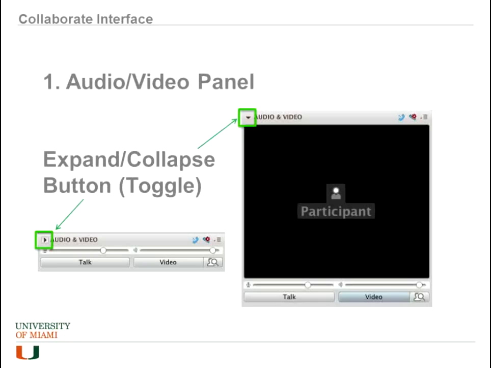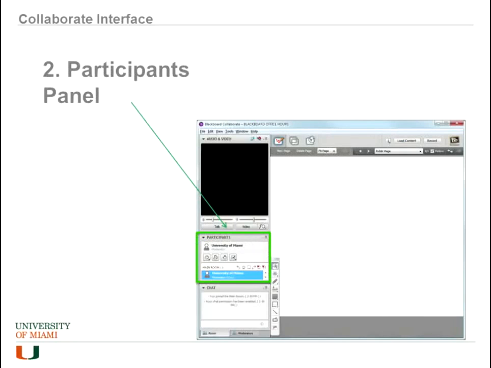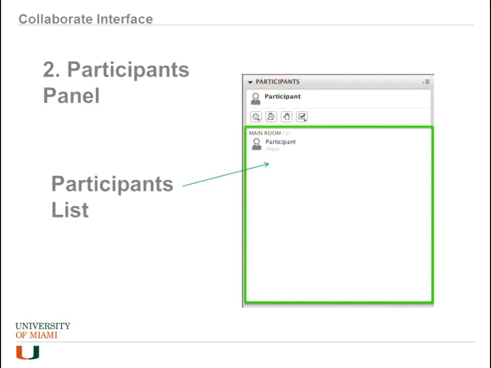Now you can also expand or collapse this panel if you don't want to see the video or there is no video. Say I turn my video off now. There is no video there. You can go ahead and collapse that panel using this arrow down there, or you can expand it again by clicking that again. Here in the participants panel, we've got a couple of options. You have your participants list, and then next to that,